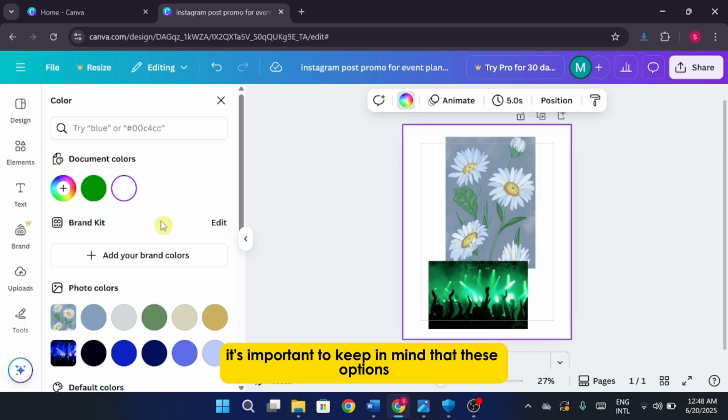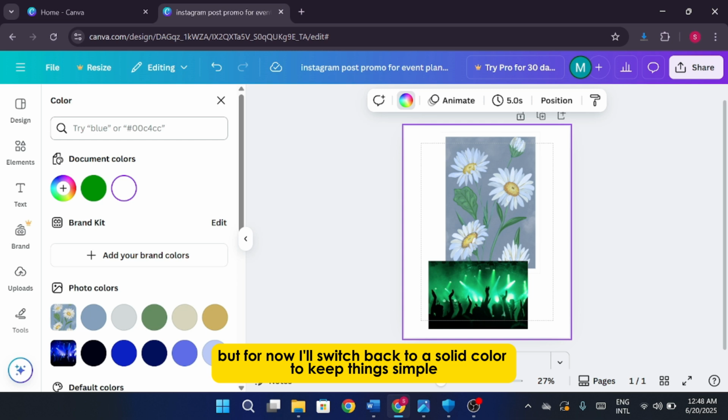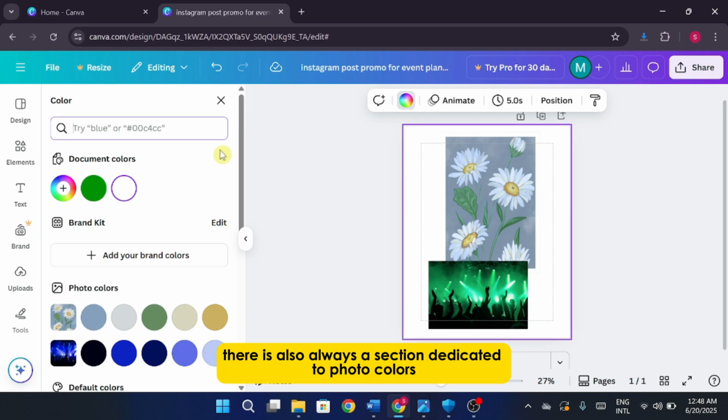It's important to keep in mind that these options are really powerful for customizing your designs. But for now, I'll switch back to a solid color to keep things simple. In this case, I might choose white as the color. Besides the document-specific colors and the option to add a new custom color, there is also always a section dedicated